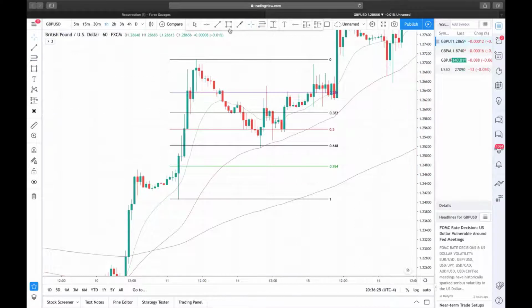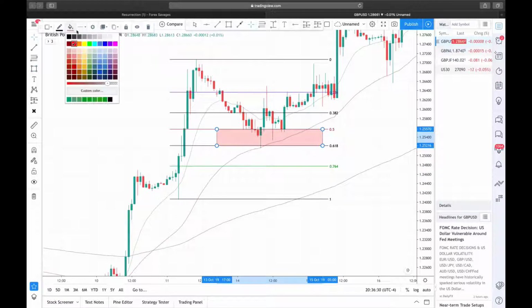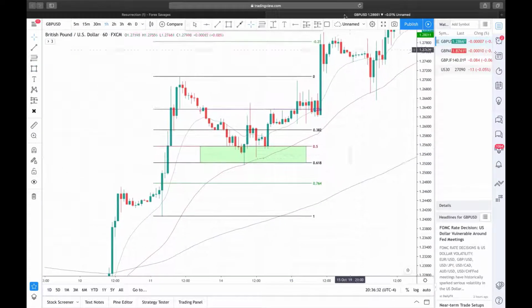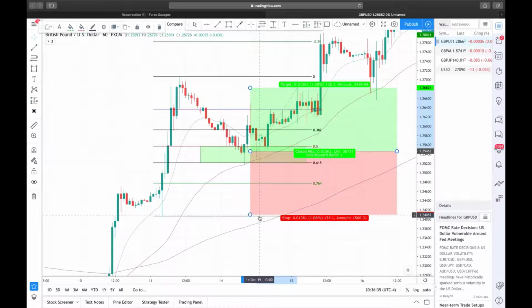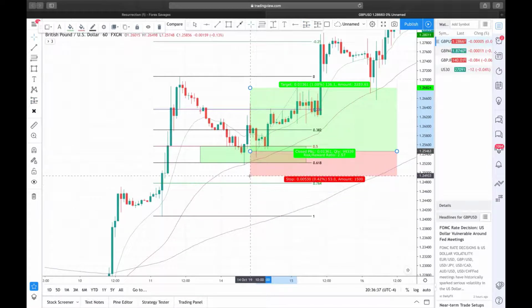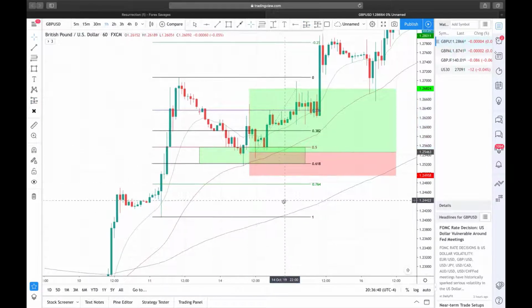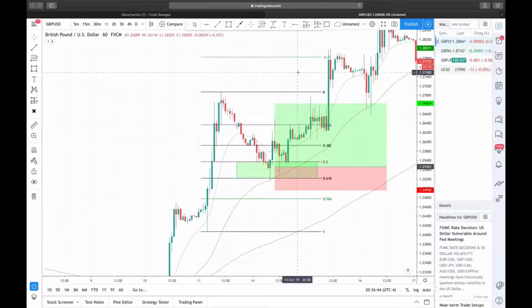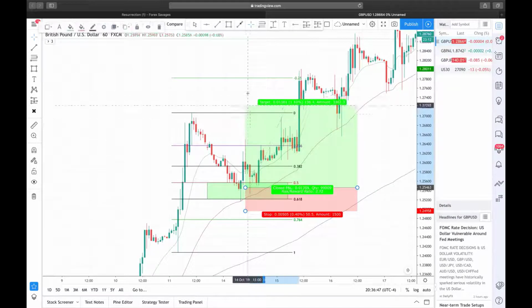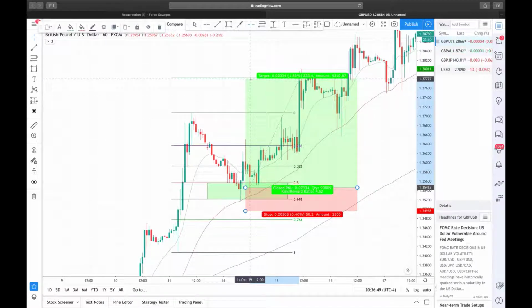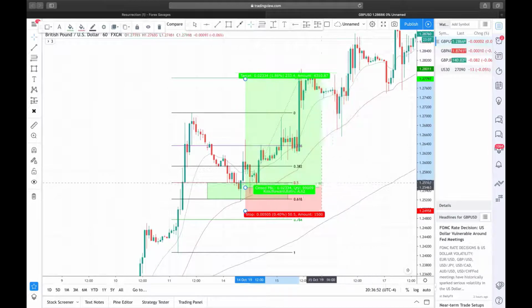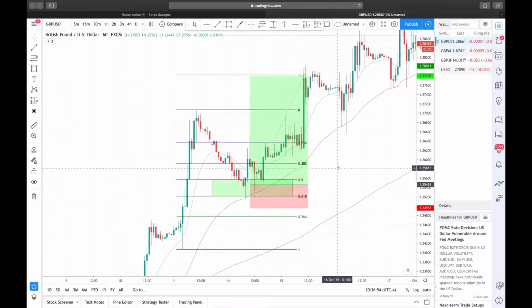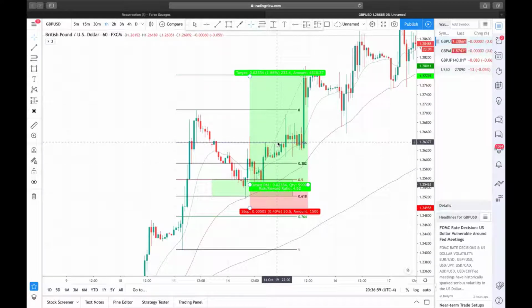I'm going to highlight our 50 and 61 area right here because we are buying. We're going to put our 50 pip stop loss right here. And look at that. Take profit 3 hit, 233 pips right there. Remember guys, I always put my first take profit at 23,